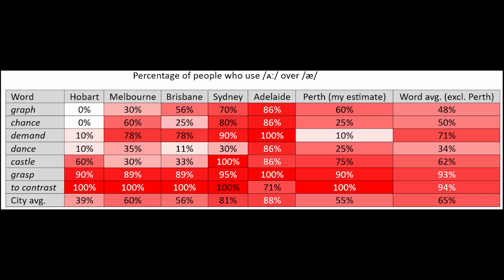Australia was invaded and colonised by British people right around the time that the trap-bath split was developing, and so you see in different cities across Australia that were colonised at different times, the trap-bath split in different stages of progression. Perth was established and settled in the early to mid-1800s by mainly a combination of convicts and people coming over to the New World for an exciting new life.